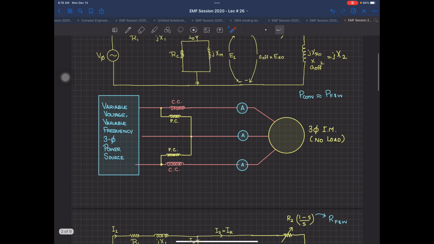So over here, the three-phase induction motor, the same thing that you are doing in your lab, is this. This is the same current coil, the same potential coil, and for those who have missed it, this one over here is wattmeter number 1. So I will call this one W1, and this one is W2. So this is my wattmeter 2, and I hope you still remember that you are measuring W1 plus